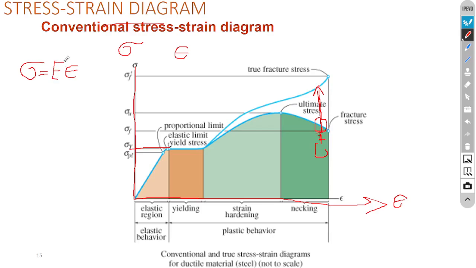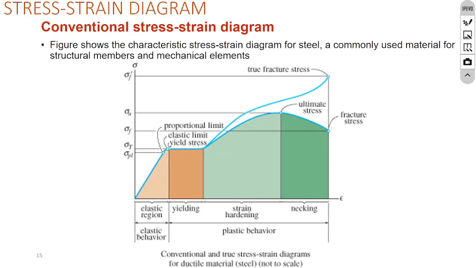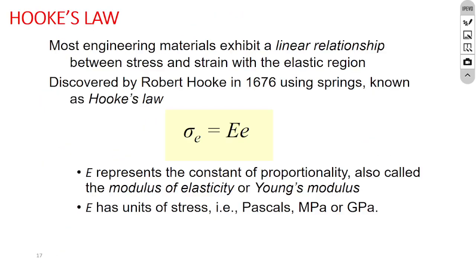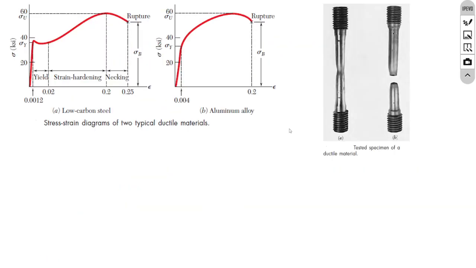Such an expression was introduced for the first time by a scientist, Robert Hooke, as I remember, in 1676. Stress is equal to a coefficient times the strain. It's a line equation, and this equation is valid